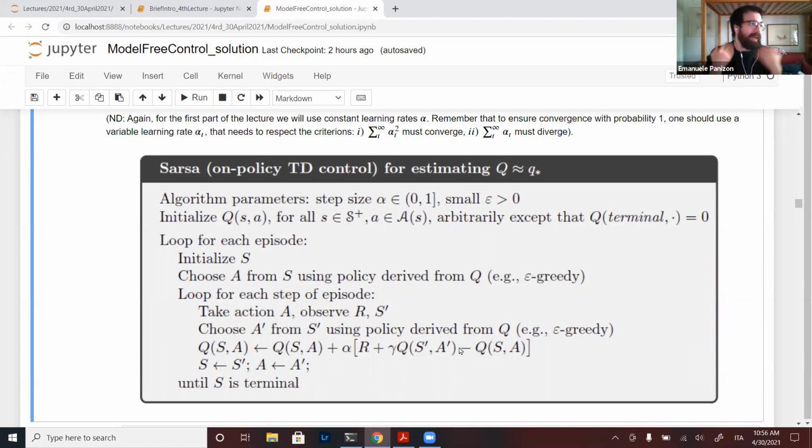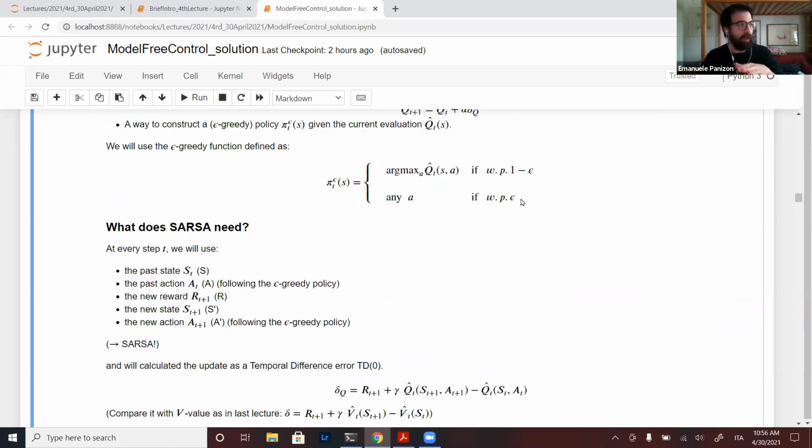Perhaps I made it sound that it was fixed. What is fixed is how you get the policy from the Q values. Okay, when you have a Q value, you get the policy in this way here. But since these Q values change all the time, also the policy changes all the time. Okay, this is one thing which I hope is clear.